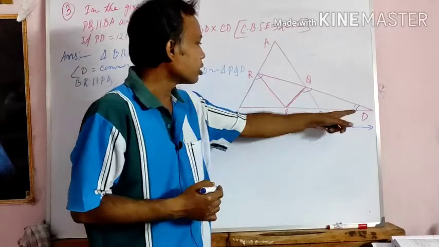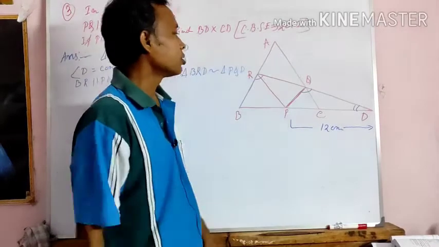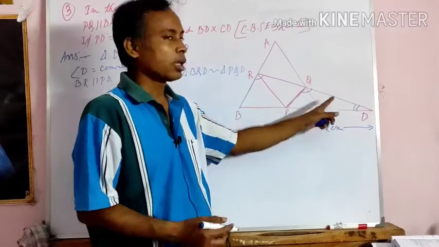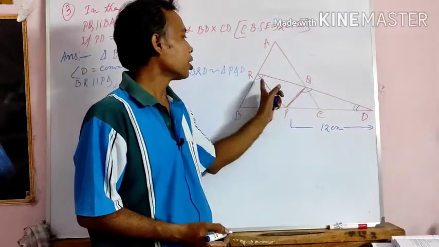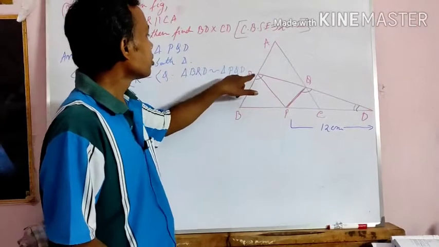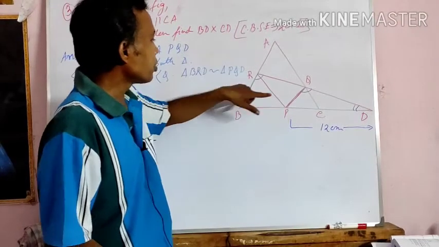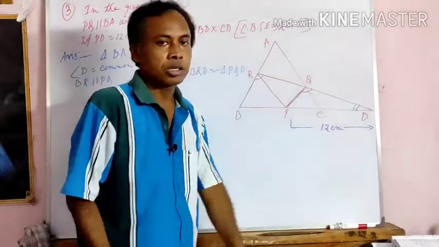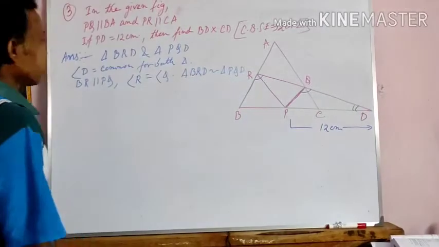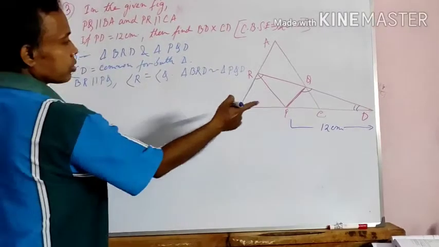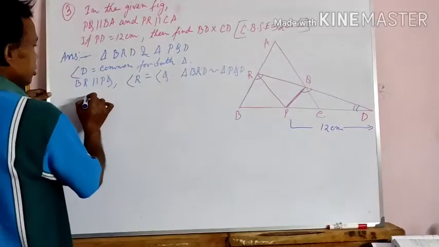So triangles DRB and DQP are similar, since D is a common angle and angle Q is equal to angle R, since AB is parallel to QP and RD is the transversal. Now, since two triangles are similar, therefore we can write